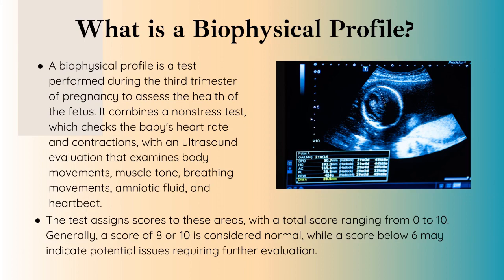What is a biophysical profile? It's a test performed during the third trimester of pregnancy to assess the health of the fetus. It combines a non-stress test, which is done in triage and checks the baby's heart rate and the contractions, with an ultrasound evaluation that examines body movements, muscle tone, breathing movements, amniotic fluid, and heartbeat. The test assigns a score to these areas with a total score ranging from 0 to 10. Generally, a score of 8 to 10 is considered normal, with a score below 6 may indicate potential issues requiring